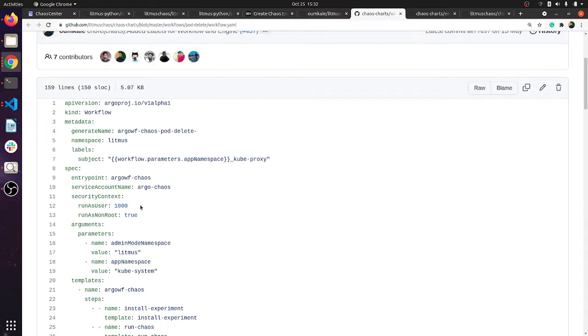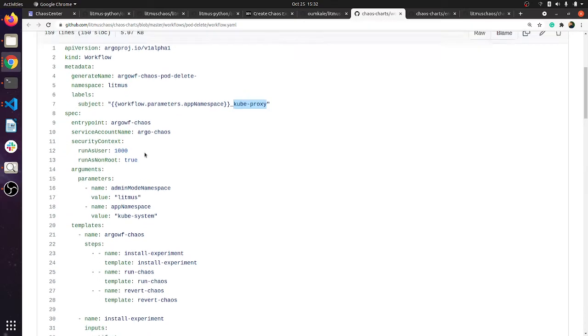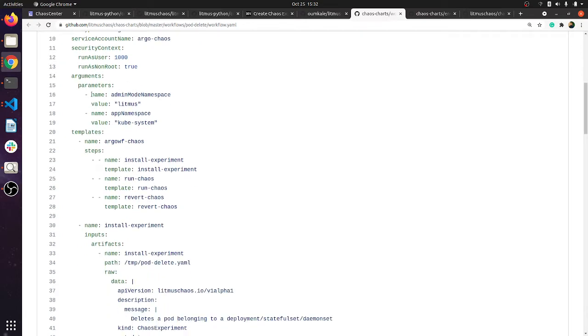We have to pass labels, something like namespace, on the basis of which we can categorize things. This is the default template. The user has to just update it if there is some parameter they want to use, or directly enter into the template steps for the installation of the chaos experiment.